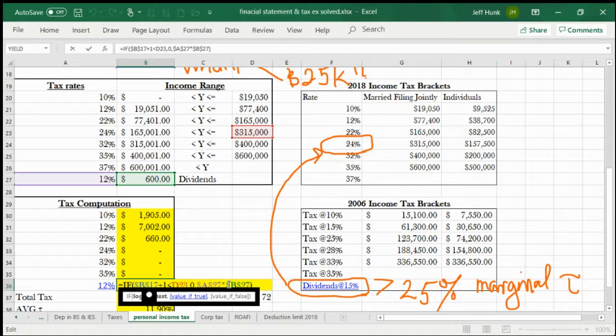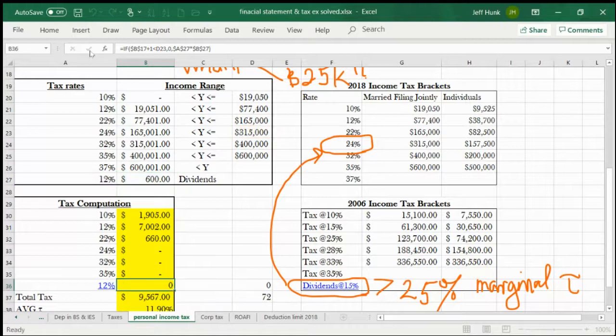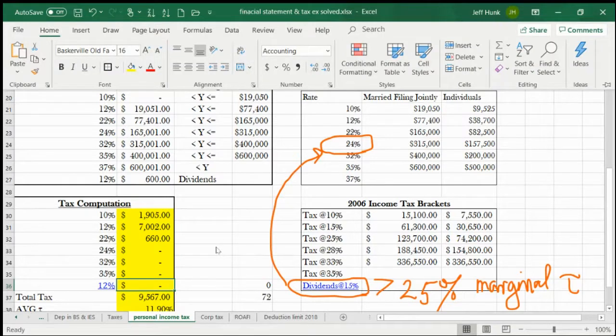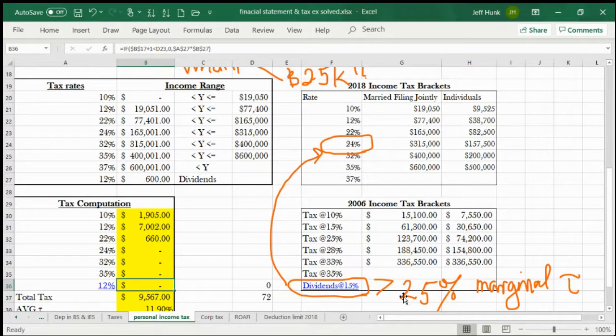So here, by doing this, it's going to automatically determine whether you're going to be... we know our marginal tax rate, even going to 24%, is still, even if you're making another dollar, you will still be here, 22%. So you don't pay any on that dividend income, right? Makes sense? There you go. So it automatically picks 0 dollars, right? I forgot to put a dollar sign there. Okay, dollar 0, right? Nothing.